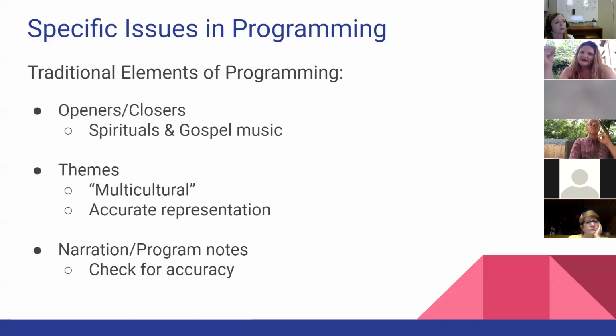I have some colleagues in choral music who have always taught that you end a program with an upbeat spiritual, because that's entertaining and it sends the audience off on an upbeat note. But if we look at what a lot of the spirituals really are about in that coded language, it's A, not accurate, and B, appropriating that music in a way that we don't want to do. So it's not that it's not okay to use a spiritual as a closer, but I think it's important to think about and very intentionally plan where we put this music in our programs and why we're programming it.